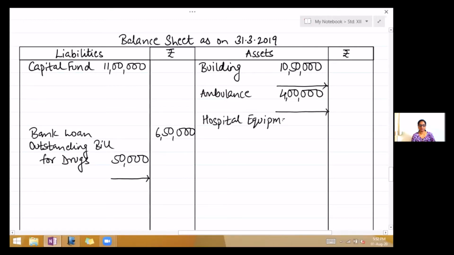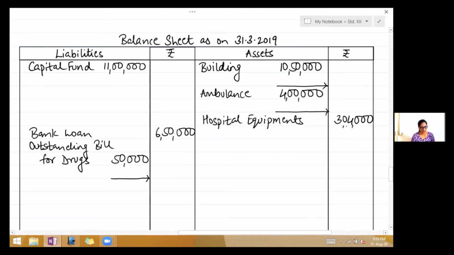$3,04,000. And last we have cash in hand. Now this cash in hand is again shown on the receipt side. So 2 effects are already shown, so we don't have to show, always ignore this amount. Receipts and payments. Come to the receipts and payments.